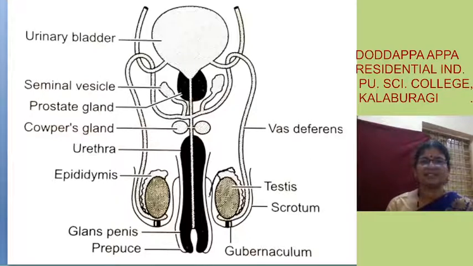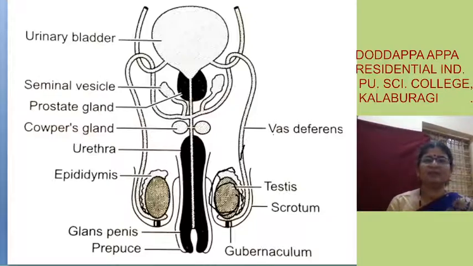This one is the testis. This oval shaped structure is the testis, and it is there in the scrotum, a muscular pouch in which the testis is present. And you know the importance of the scrotum. It helps in maintaining the temperature less than the body temperature, nearly 2 to 3 degrees less. Fine. And then you will see the vasa deferens. This tubular structure is the vasa deferens.